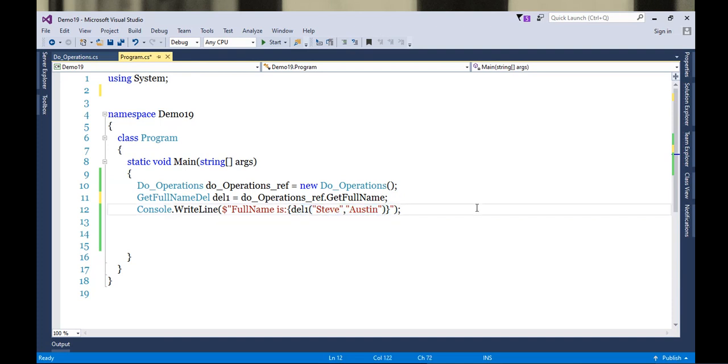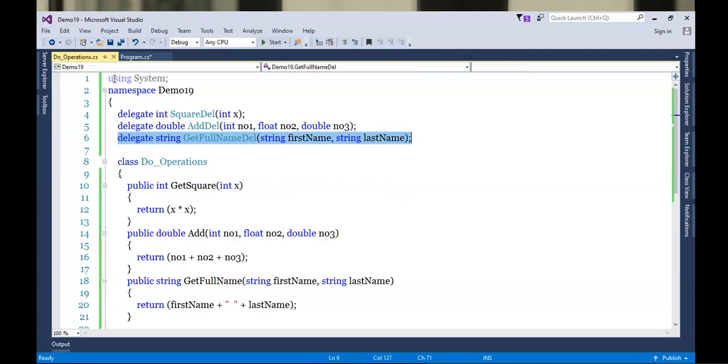Okay, so as per the first option, we followed this. Now let's go for the second option. What is the second option? The second option was related to anonymous method. Now, what is anonymous method suggesting? If your definition code is smaller, then instead of writing the named method, you can directly attach the definition with the delegate.